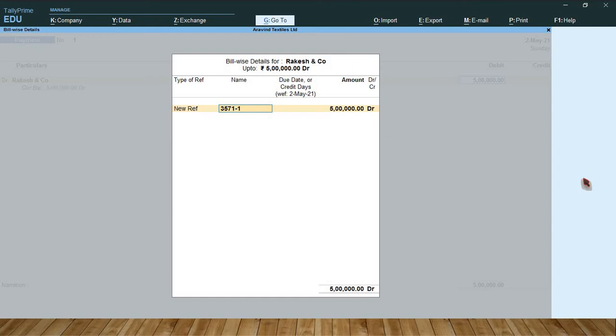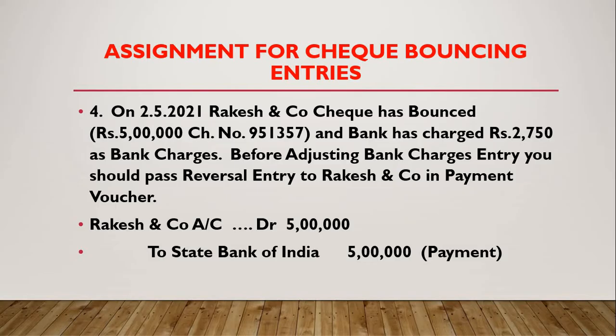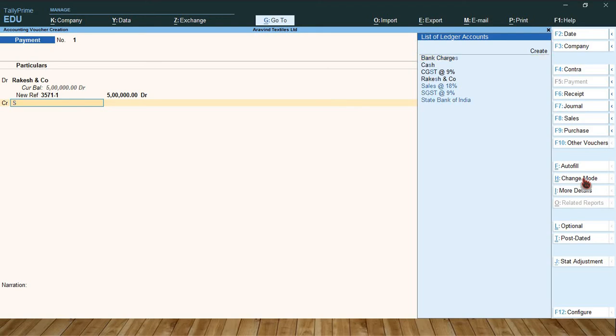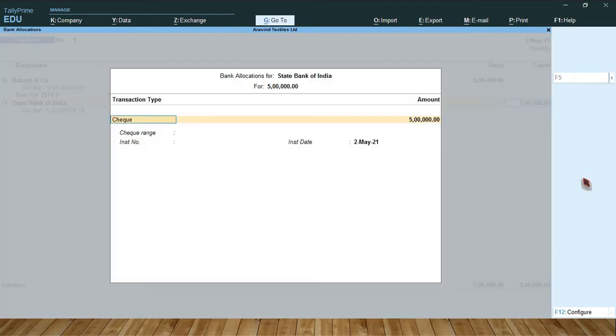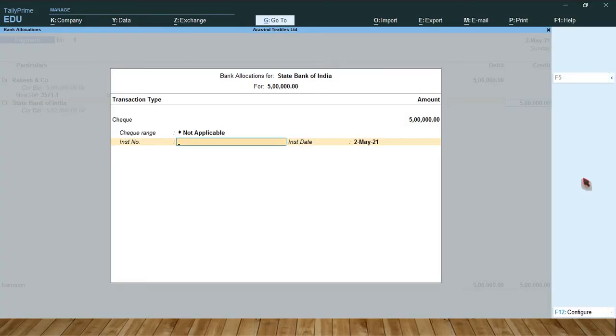That's why I put 1. This is for tracking the invoice number. State Bank of India. So check number is 951357.